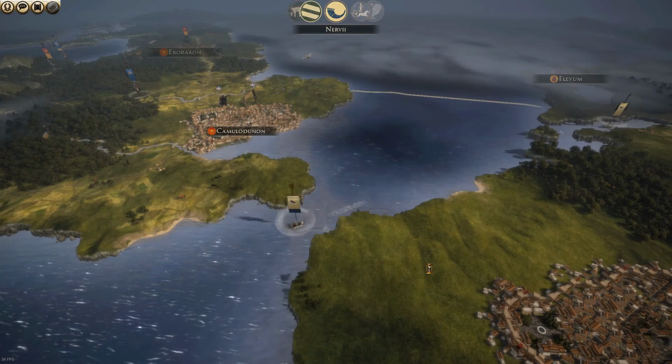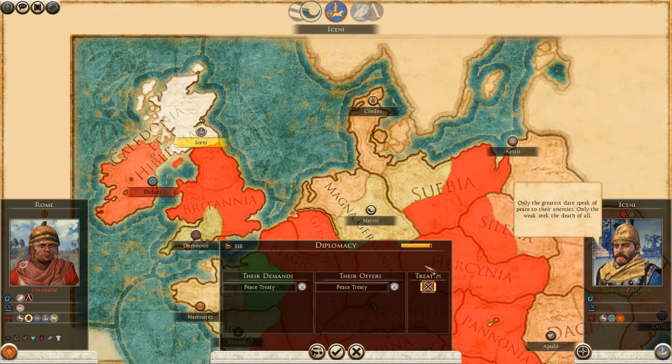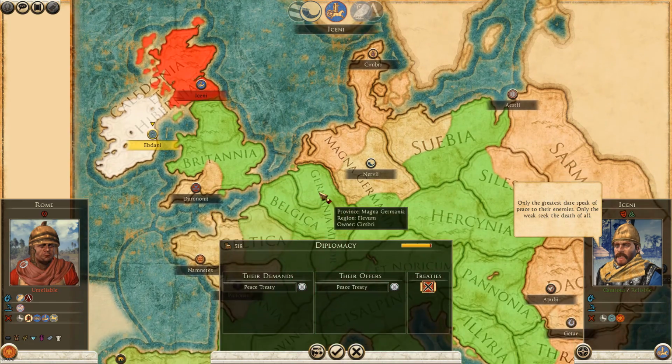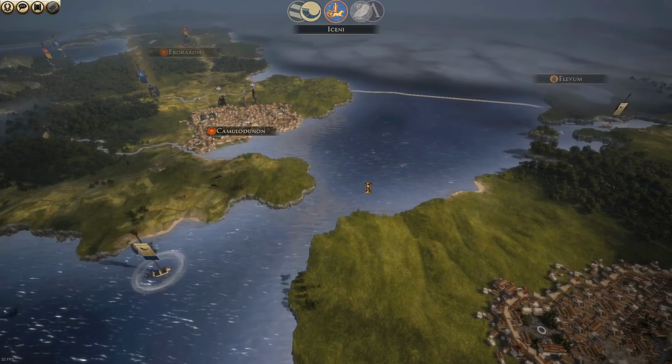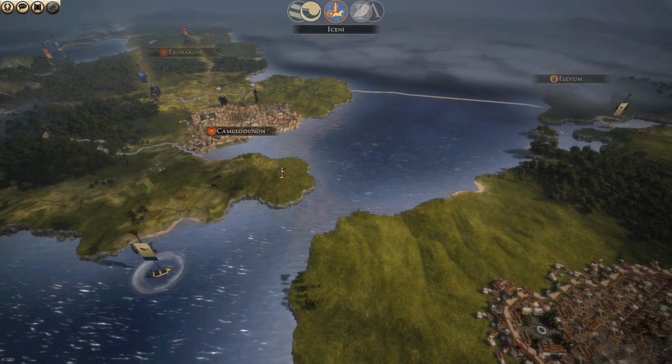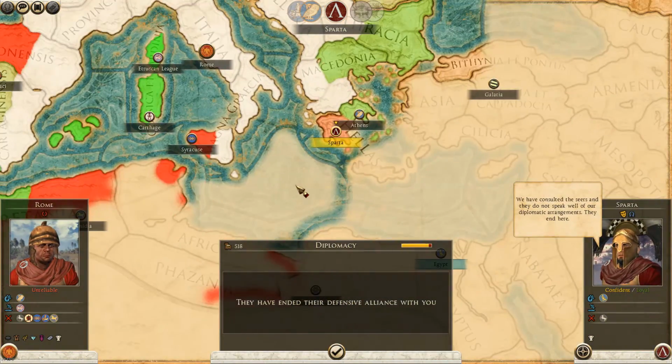But it will be okay because we're going to take over most of their settlements. Only the greatest dare speak of peace to their enemies. Only the weak seek the death of all. No. We will seek the death of all, even if it means the spirits of the land will speak of their displeasure. And when that happens...